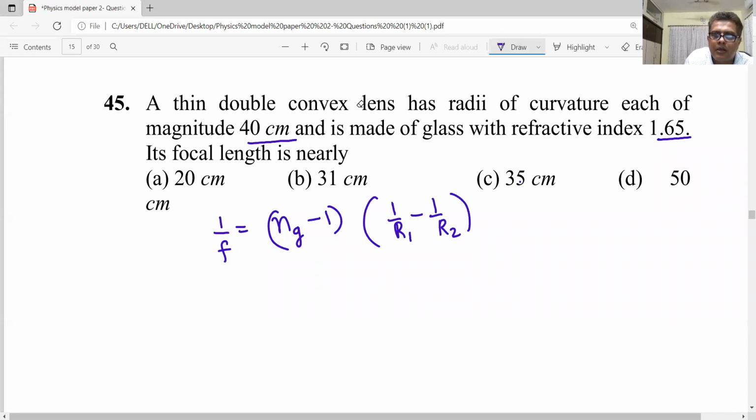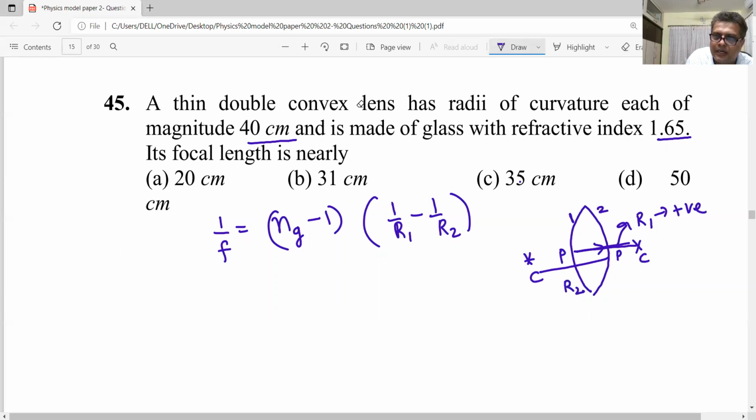But it's a double convex lens. Each side has the same radius of curvature. But you must understand that on this side the center of curvature is here, pole is here, and therefore you remember that R1 will be taken as positive. Look at this side, this is side number 1. This is refracting surface 2, and for this surface the center of curvature will be here, and from pole to center of curvature, R2 is taken like this, so it is negative. Therefore, R1 will be plus R, R2 will be equal to minus R. That's what we have to take.